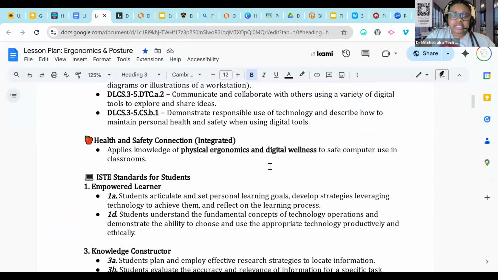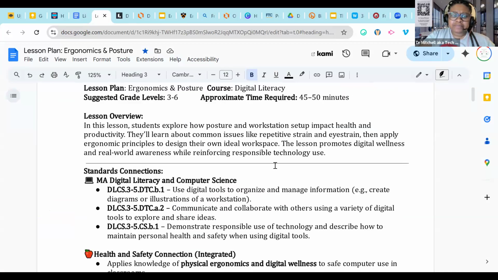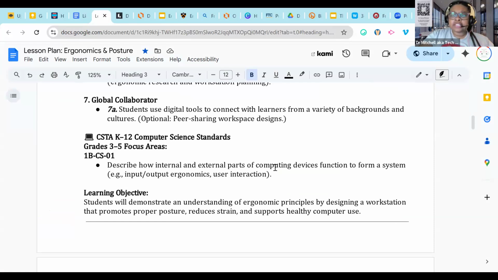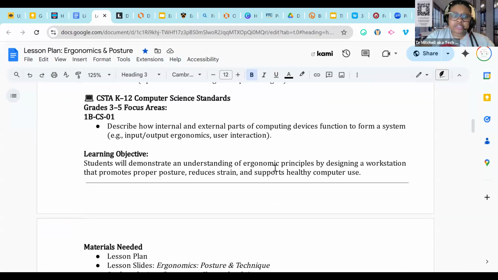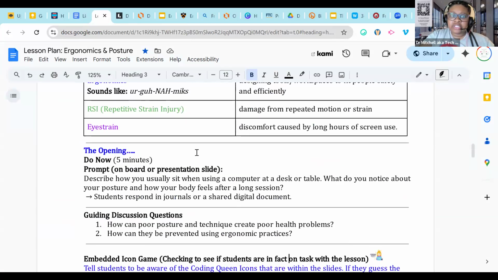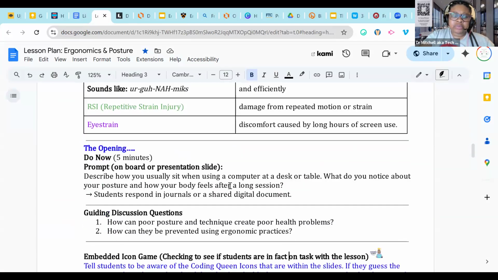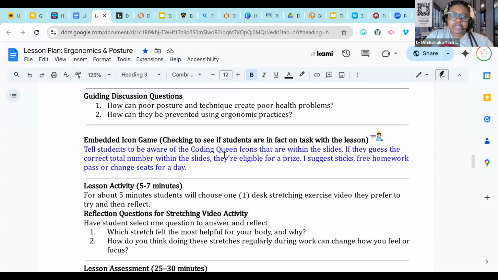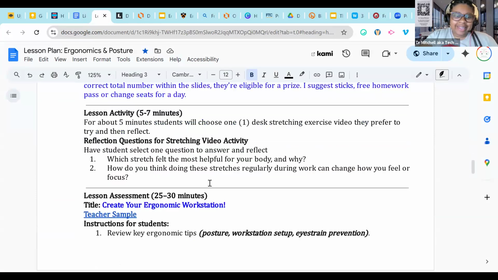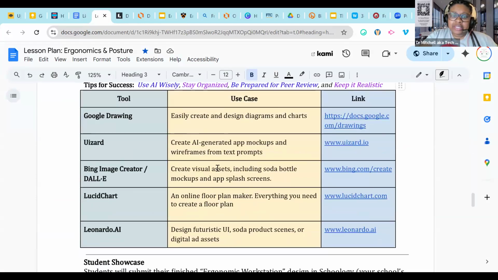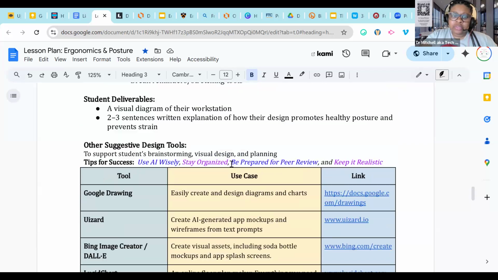In this lesson plan, there's an overview, there are the suggested connected standards, the definitions of those key buzzwords right at your fingertips. Also, talking about the embedded icon game, and just giving you again the tools that you can utilize here with the links and what they are used for,